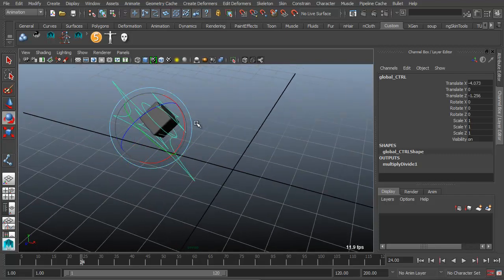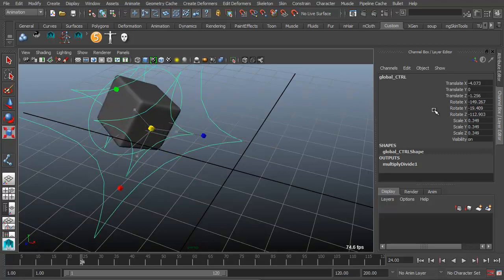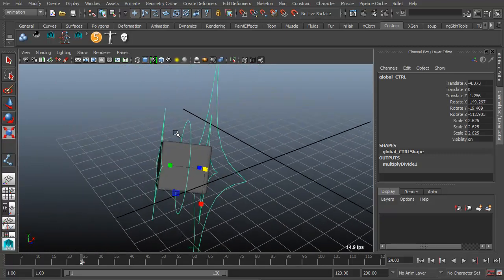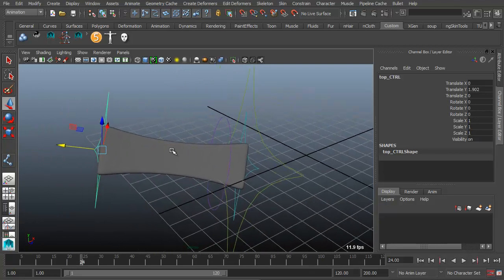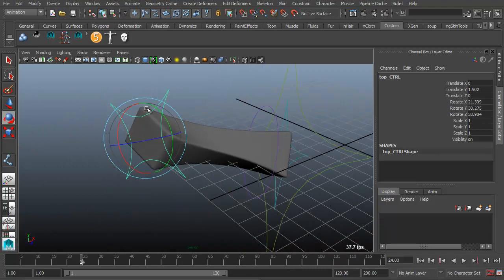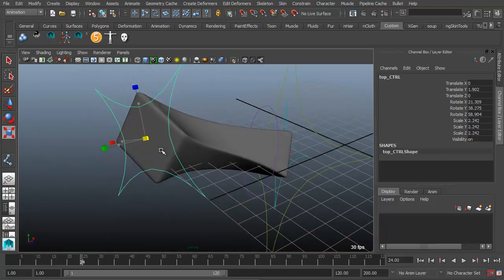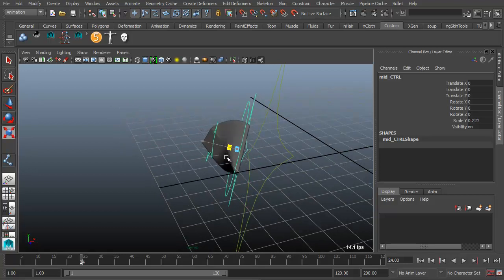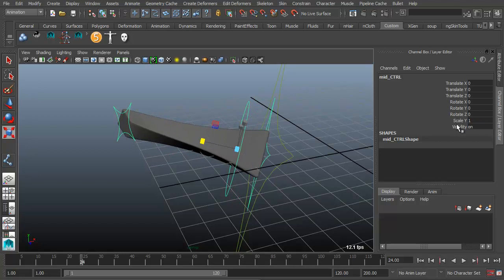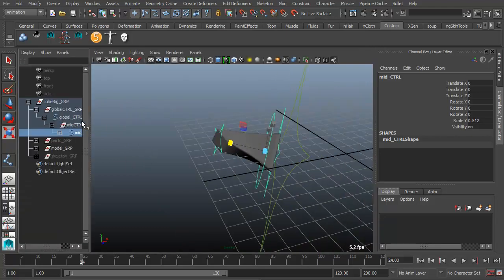I can move it, I can rotate it, and I can scale it. And if I move this away, it squashes and stretches. And also I've kept in so that you can rotate and also scale the top and bottom of this, just for a bit of simplicity and showing you a different approach to this. Instead of having a scaling attribute, I just kept the scale Y on this control, because basically if I go in and show you my hierarchy,